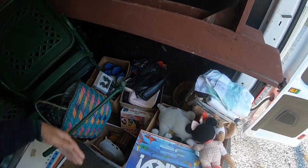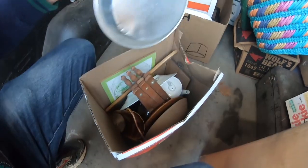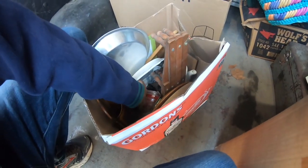But this is what we grabbed. You guys saw a bunch in the beginning. Lots of box lots. I didn't really grab too much individual stuff. I don't know why that's in there. Some racks. Your typical just China and